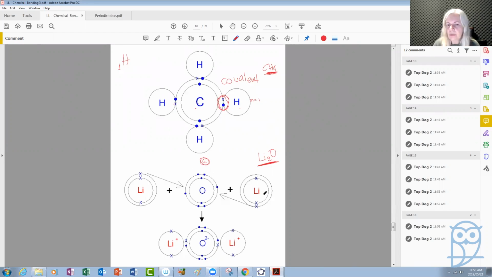The lithium now, which is a metal, has 3 electrons altogether, of which it has only one lonely electron in its outer energy shell, which is n equals 2. So you see this lone electron here, it's easy for it to go to the oxygen from both sides. So 1 electron from this lithium and another electron from the other lithium join the oxygen, and here we have the result. And now if we notice here, the lithium remains with 2 electrons,